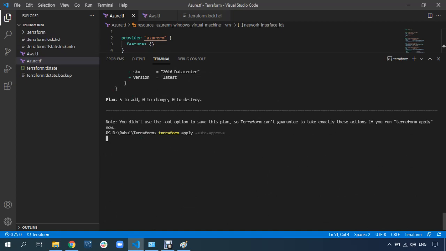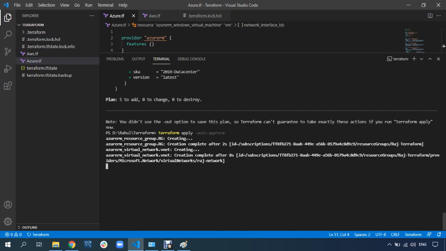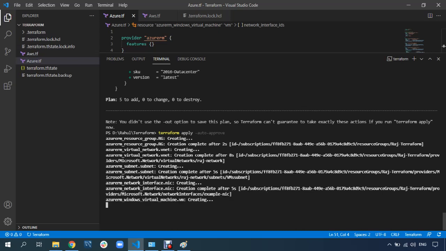Hopefully everyone understood how to create resources using Terraform. Once these resources are created, I'll show you. And once this is finished, after this video, I'll let you know the other concepts like how to use variables, and how to get the output of any resource when it is created. And then after that we'll go for Terraform state management. How to manage the Terraform state, everything I'll take in the upcoming videos.